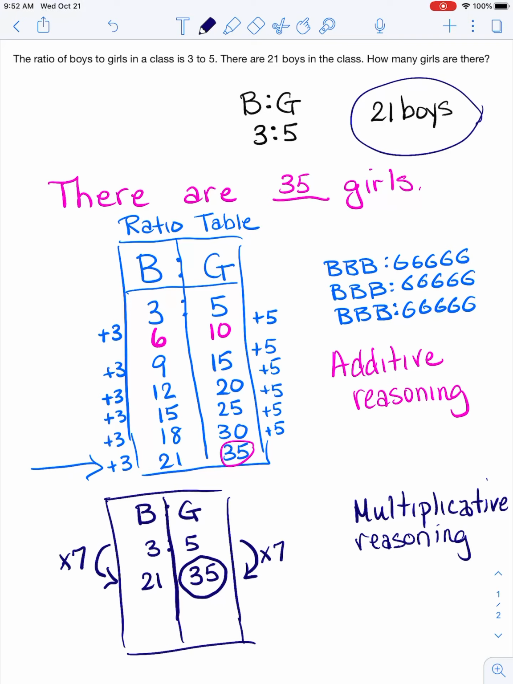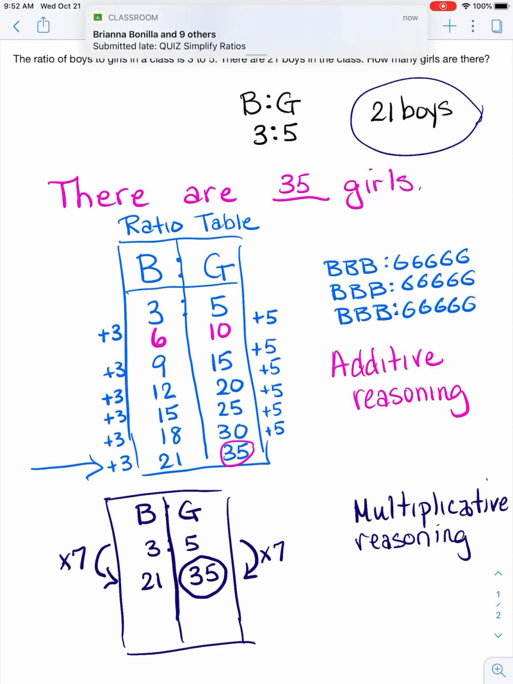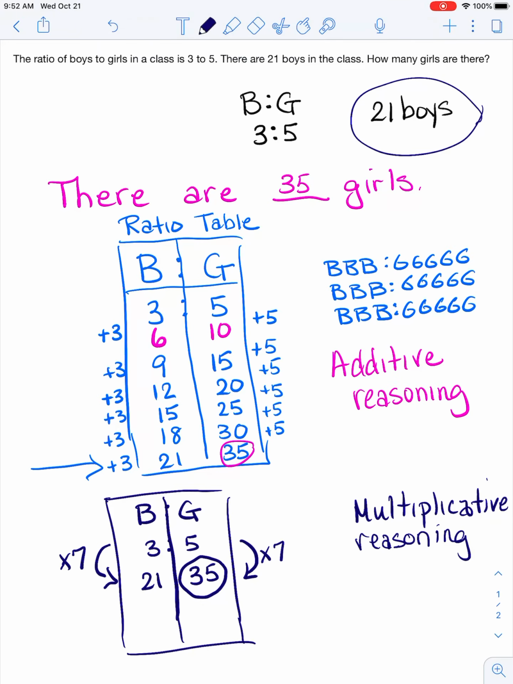So that's pretty cool. That's pretty time saving. You can use additive reasoning. You can use multiplicative reasoning. You can use a combination of both, but we're not there yet. So these are just the basics of creating tables of equivalent ratios, or ratio tables, to solve